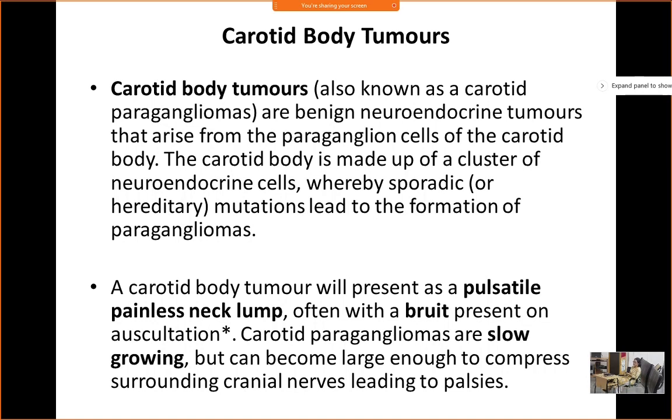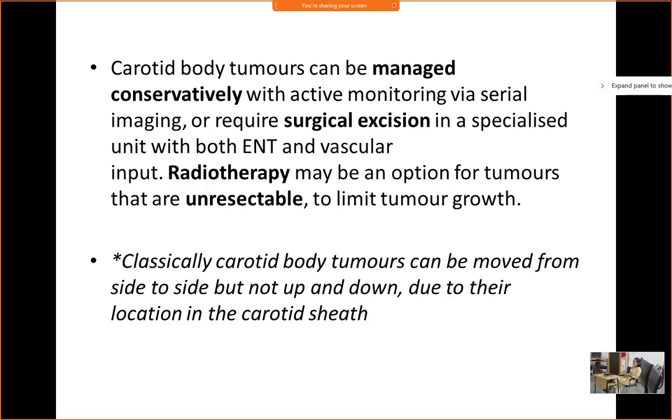These carotid body tumors, remember, are vascular in nature, so they will present as a pulsatile, painless neck lump. This is the commonest presentation, and often a bruit is present on auscultation. So when you auscultate over the swelling, you will get a bruit. Carotid paragangliomas are slow growing but can become large enough to compress the surrounding cranial nerves, leading to cranial nerve palsies. They can be managed conservatively with active monitoring via serial imaging, or sometimes they require surgical excision in a specialized unit with both